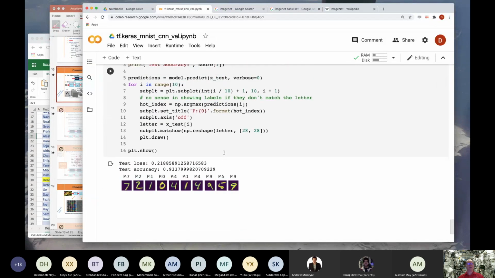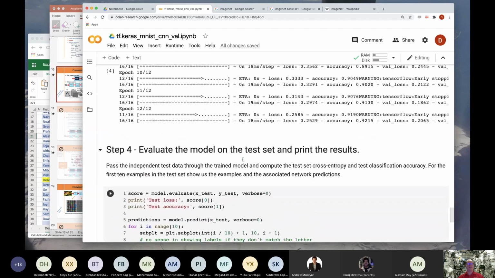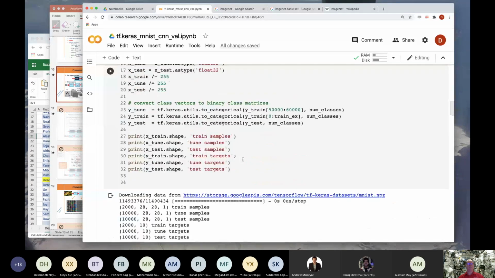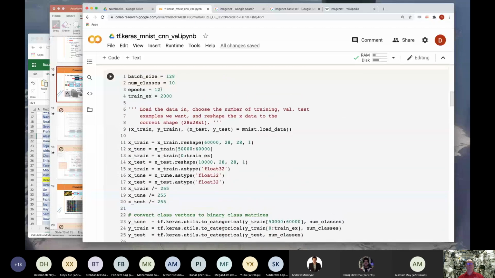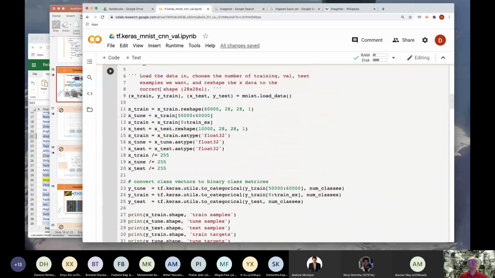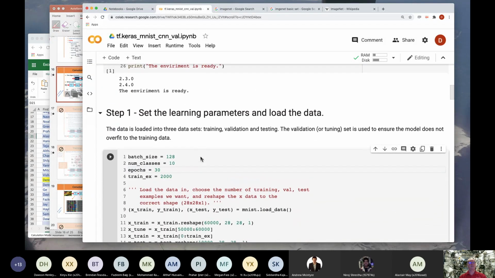So there we go. It's trained. It's predicting 93.37, which is not as good as the last network, but I'm sure that if I went back here and set the training to, let's make it 30, something like that. Yeah.